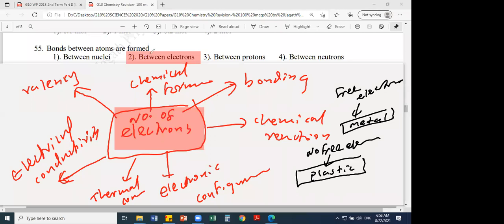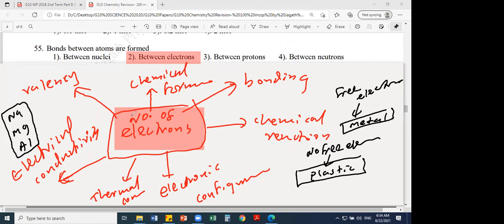Now I'll ask one more question. If you take sodium or aluminium, they conduct electricity well. I'll write those. You learn all three. Now this is one more thing. I told you about electrical conductivity. If you take sodium, magnesium, and aluminium, all three are metals. Will all three metals conduct electricity to the same extent or different? Which metal conducts electricity better? Who can tell me? Out of sodium, magnesium, aluminium, which one has higher electrical conductivity?